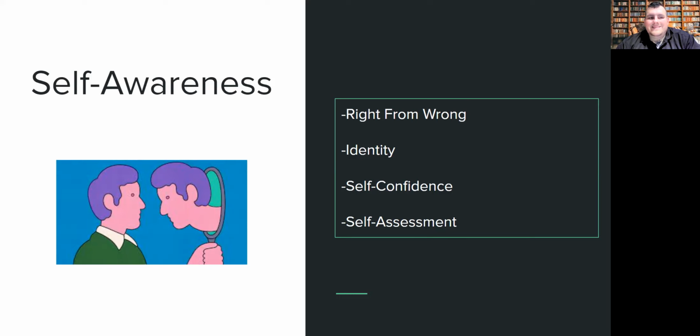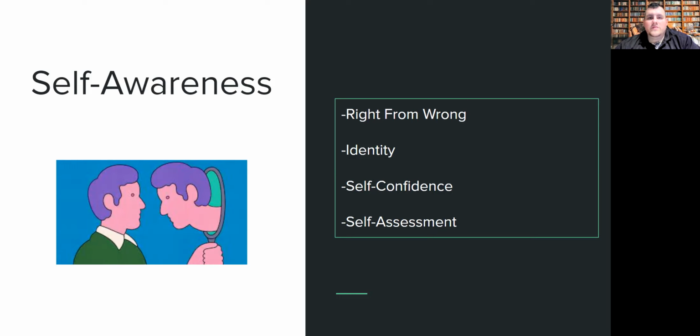Having your own identity and being able to discern who you are and what you're all about can also be extremely helpful in the classroom, especially for students who need to have that identity within their own understanding of what they want to be when they grow up and what they're working towards in the end. The ability for self-confidence as well. So being able to answer questions and participate in the classroom experience really benefits learners in the end.